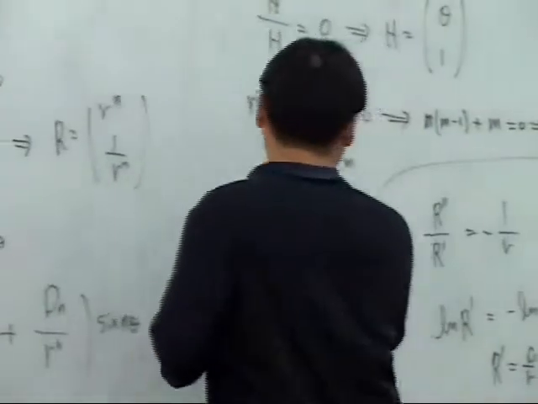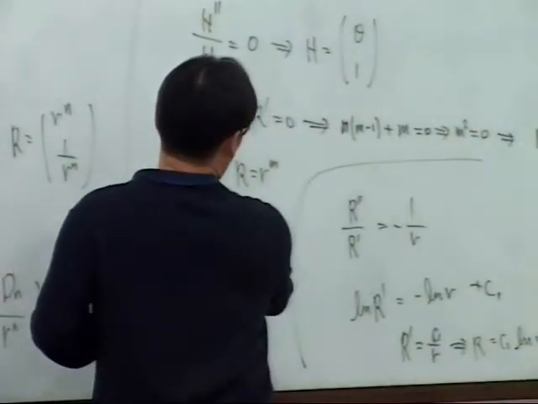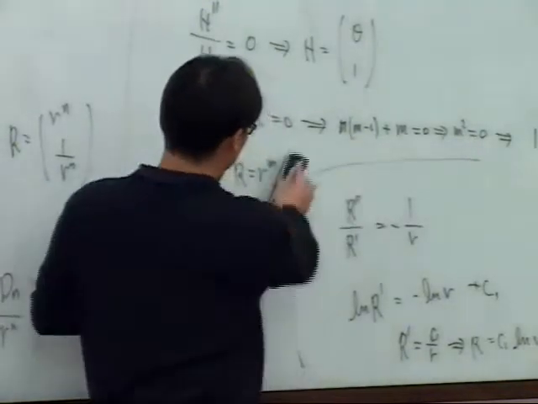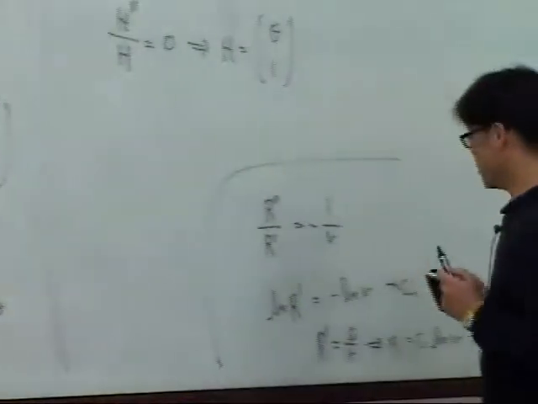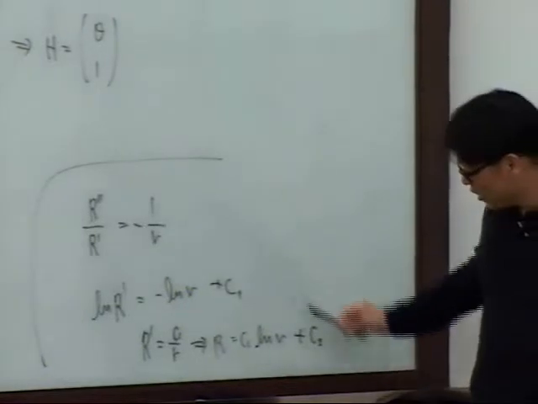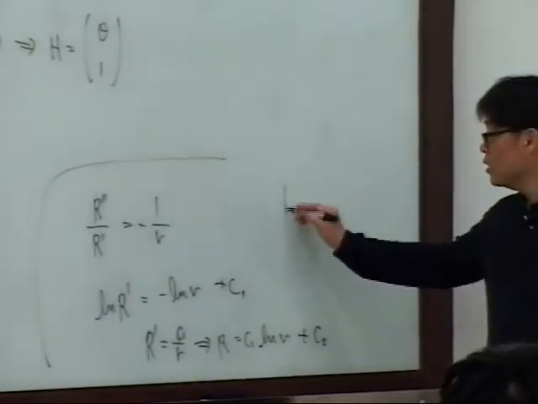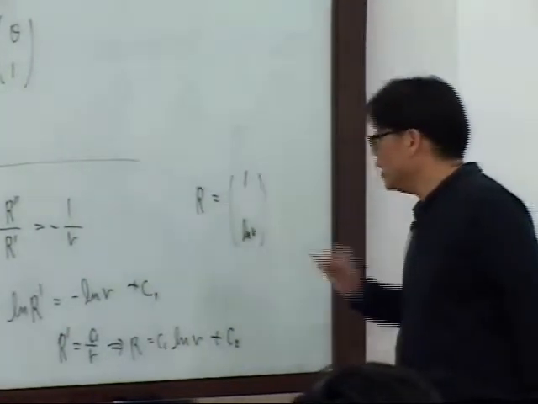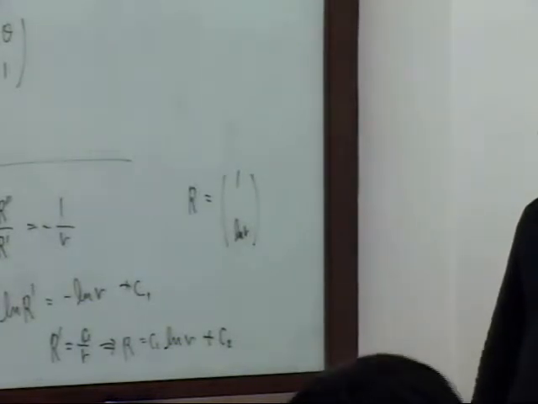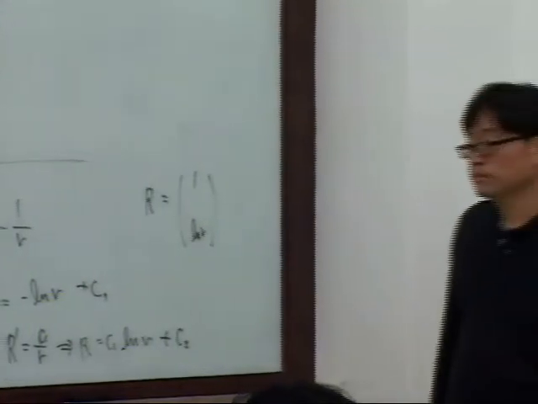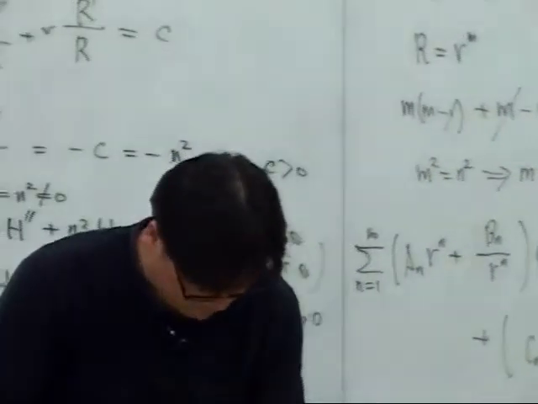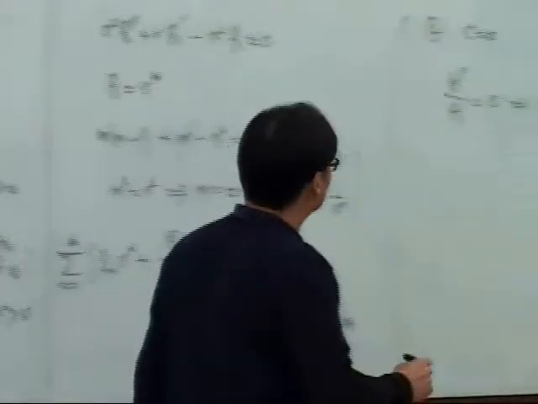So let me correct this. So this method gives you only one solution because it gives a double root. So this is not the most general way. Sorry, the most general way is doing this. So R is given by 1 and log R. Okay? And then we have to combine these two to get